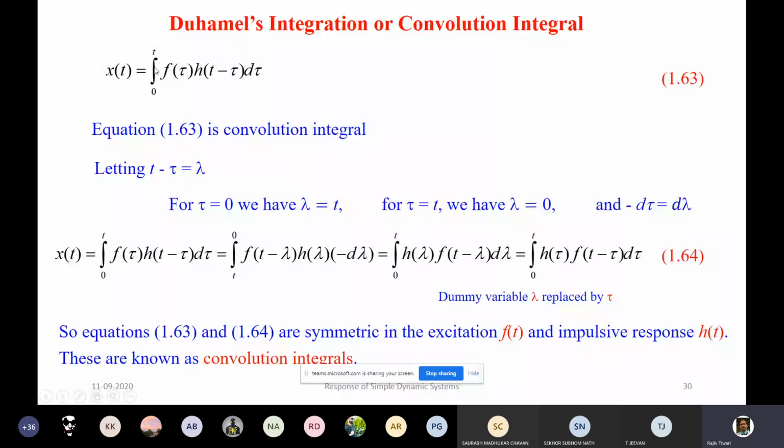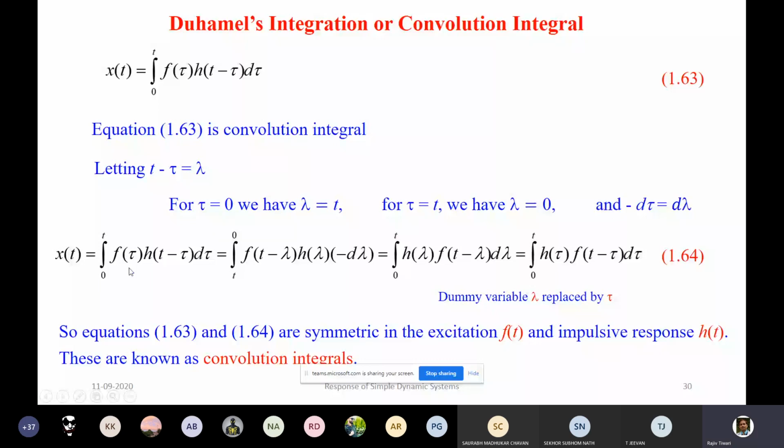Similarly, when tau is equal to t, from this expression, lambda will be 0. And if you differentiate this, minus d tau will be equal to d lambda. So if we substitute this in the convolution integral,